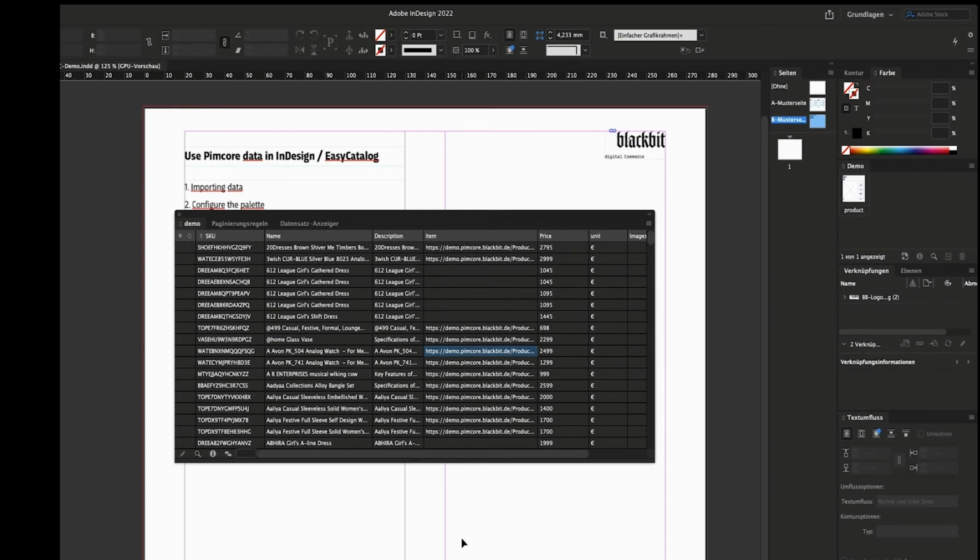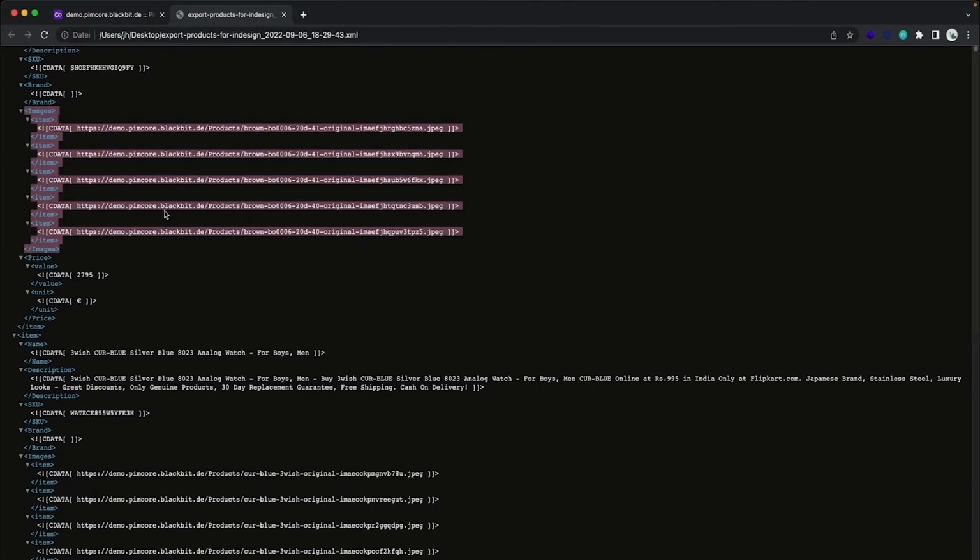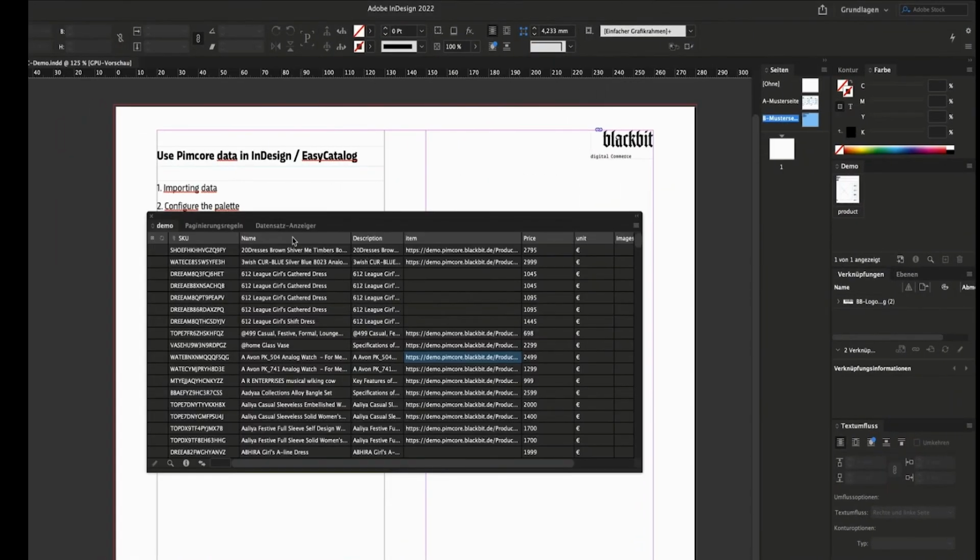The XML data provider module allows us to import XML data that contains varying levels of grouping. In case of our images, we see that we have multiple URLs under the node item. So we have different possibilities to access them in EasyCatalog. In this example, we will use the XPath answer star functionality and configure the maximum number of fields we expect